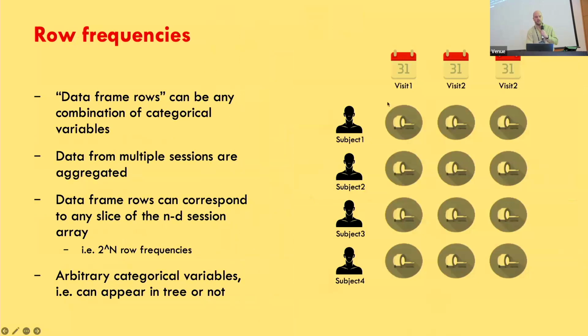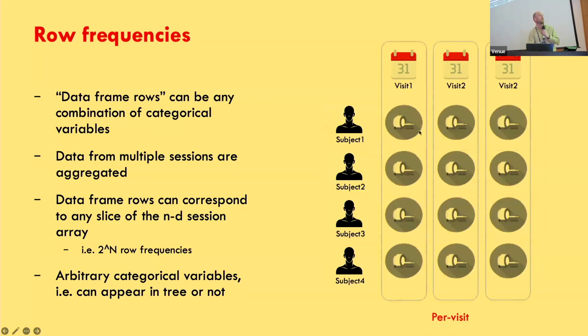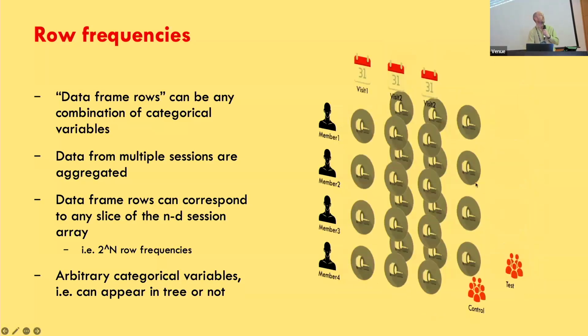And so then these data frame rows can be any combination of the categorical variables that you're using across the sessions that are required, and can aggregate across multiple sessions here. So this is like all the visits for one subject, or all the subjects for a particular time point, or the whole data set, or in the case where you have a control and test group, you can also slice along the group axis,